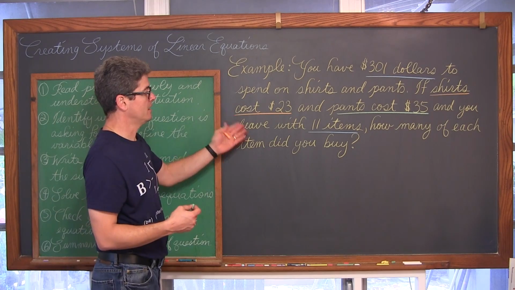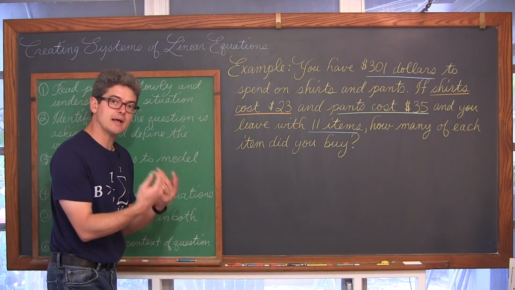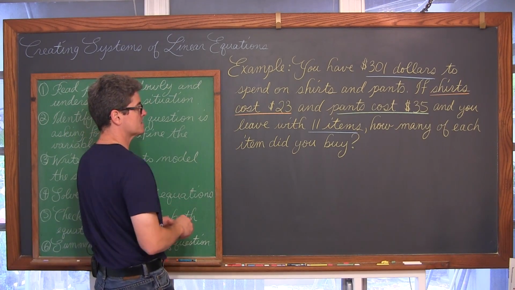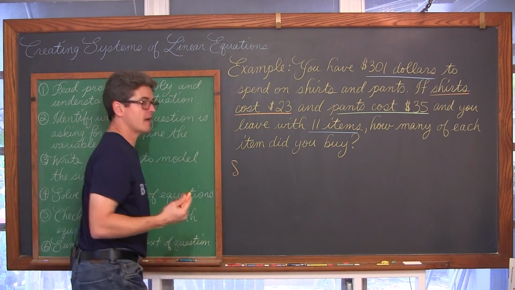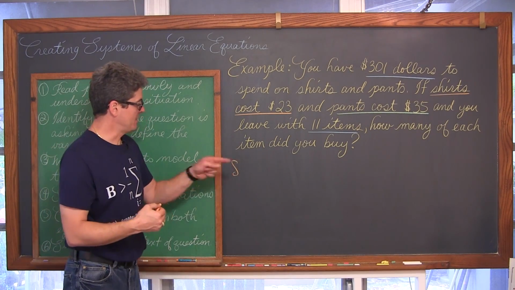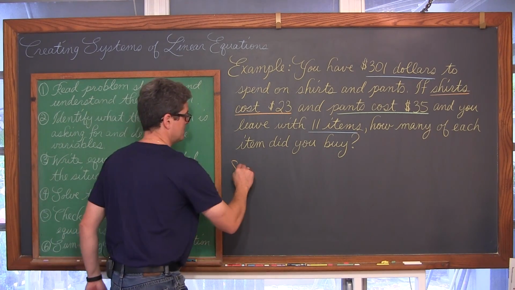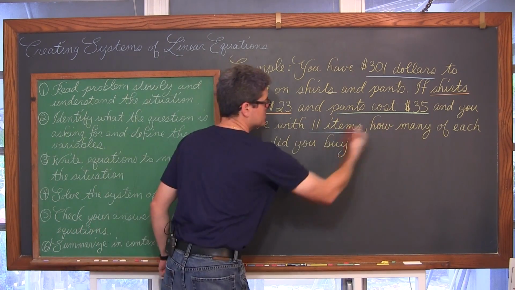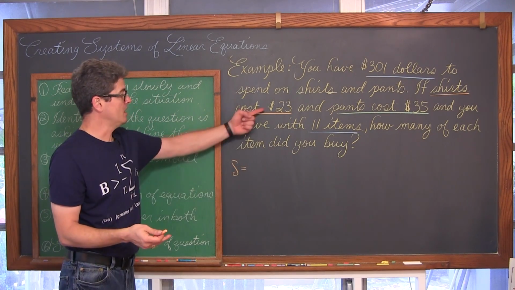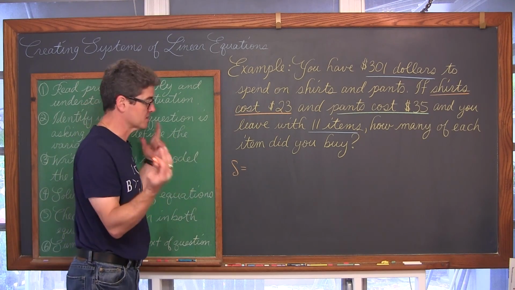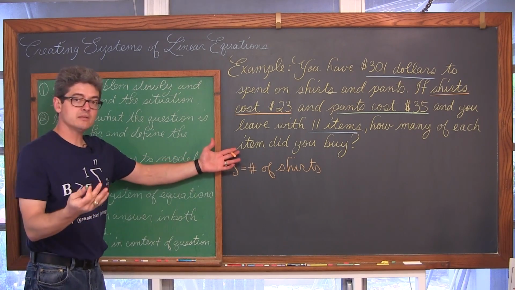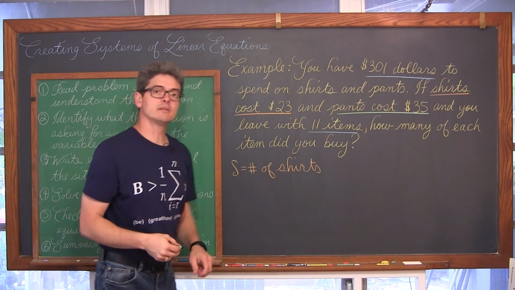So the question, how many of each item did you buy, tells us how to set up our variables. So in orange, you can use S, you can use X. A lot of times I don't use the letter S because it ends up looking like a 5, so I make it extra squirrely. S is equal to the number of shirts. If it said how much did each item cost, then S might be how much your shirts cost, but we know what that is. We're trying to figure out how many we bought. And if we're buying shirts and pants, it makes sense to let pants be the letter P.